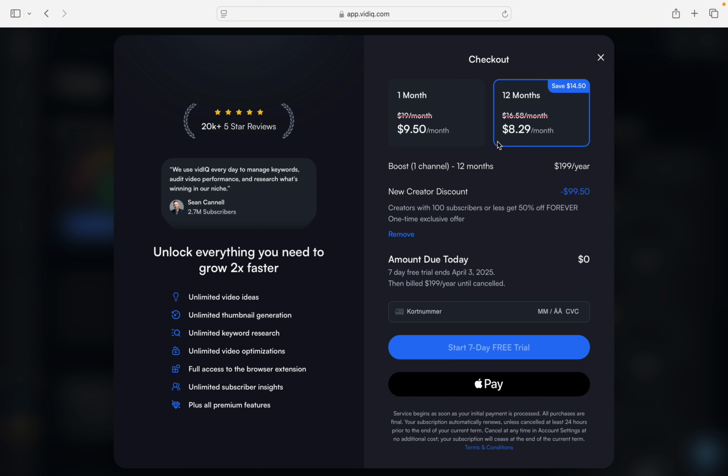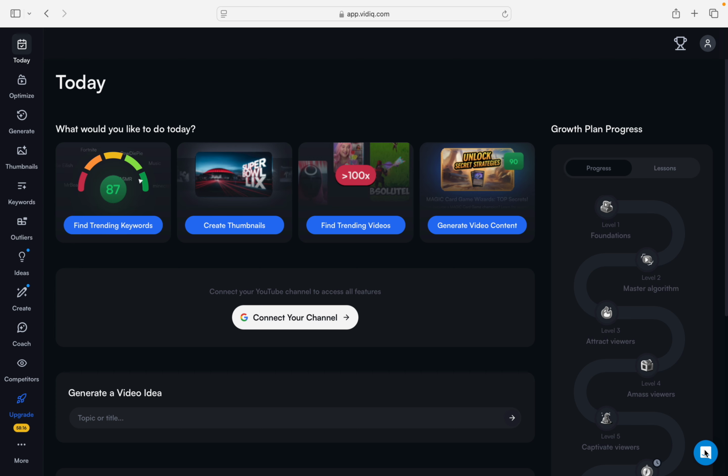When you come in here, you can see that it says start 7-day free trial, and then you have to type in your card number, and it will reserve €1 to make sure that you have money on your card. And after this, you can cancel your free trial by going down here